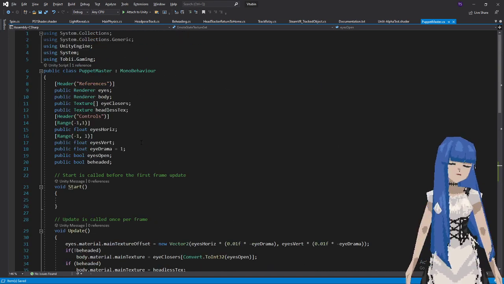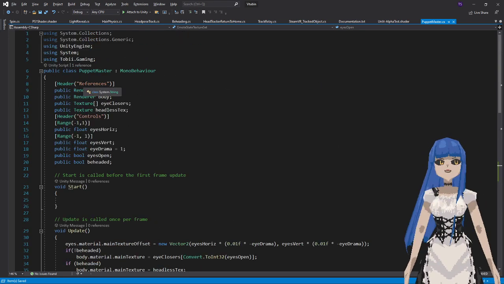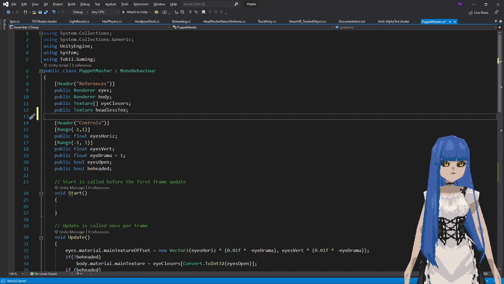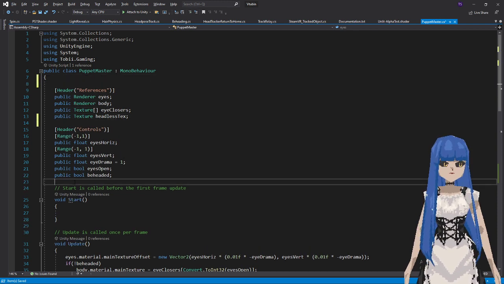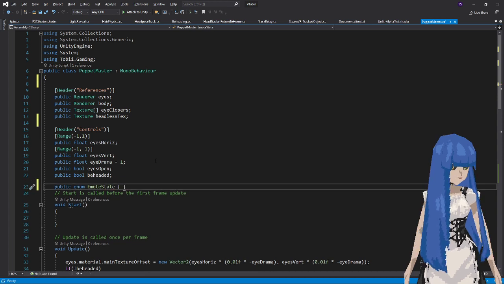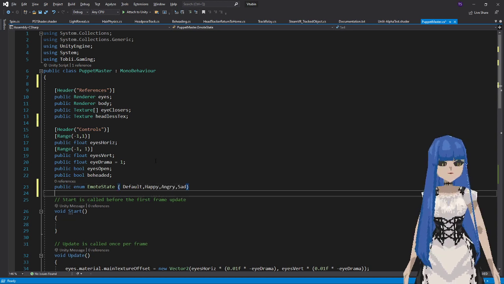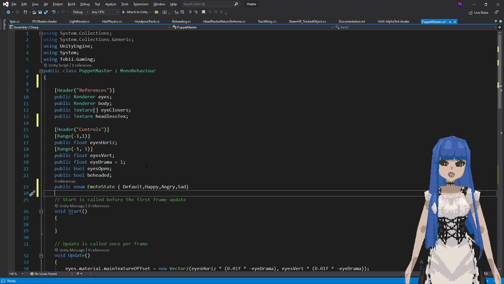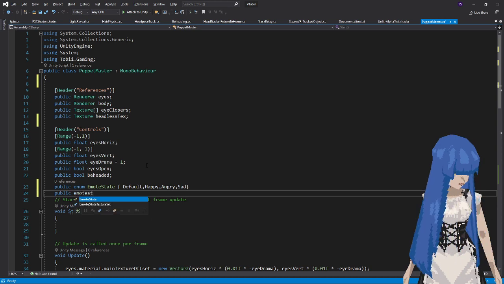Okay. And then let us make emote state default, happy, angry, sad. Let's just go with those by default. Obviously right now there's only going to be default and happy, but we'll put in support for the later ones. And then public emote state